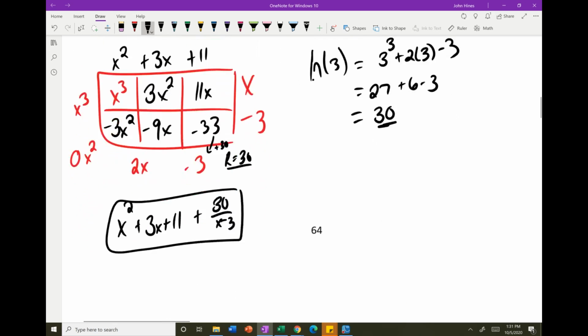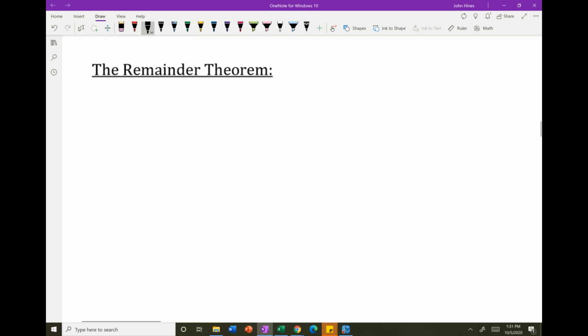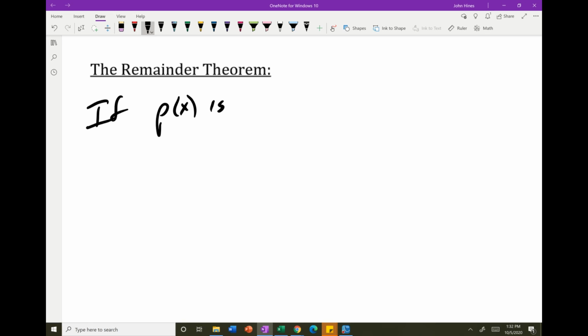So this here is called the remainder theorem, and it's a really powerful tool that allows us to check our work and gives us some interesting facts about polynomials. So the remainder theorem states if p of x is a polynomial,